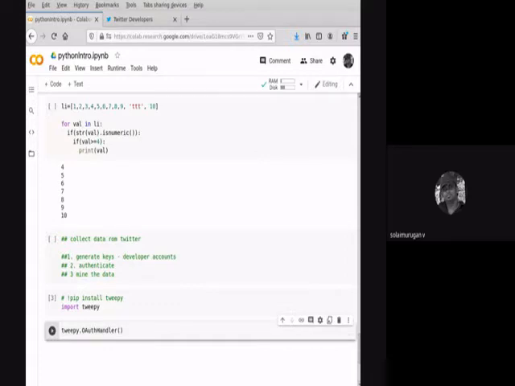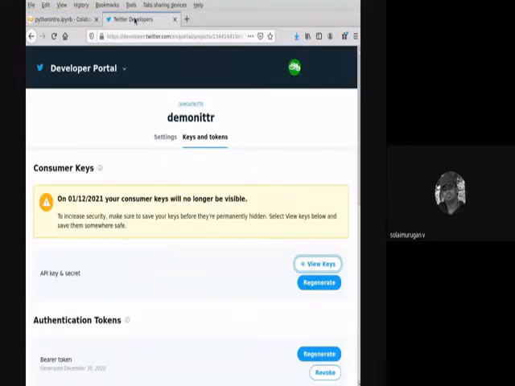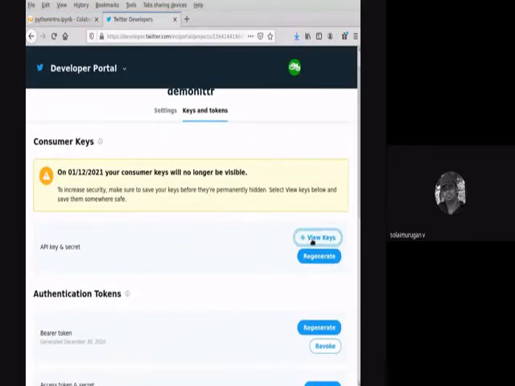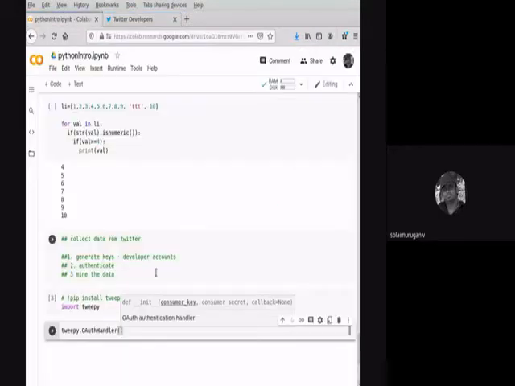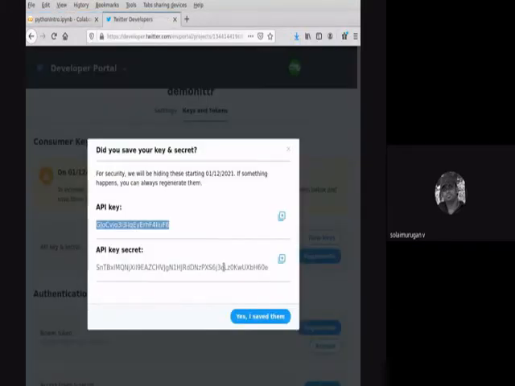Maybe I'll try with the new key. Did I close it? Let's open. Okay, I'll try to use this key. I just copy this API key and pass this API key here. Then the next key, this one.